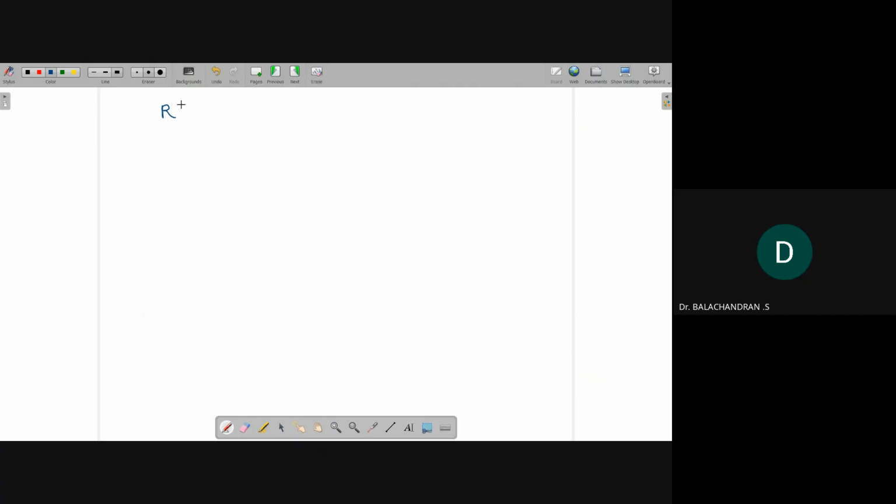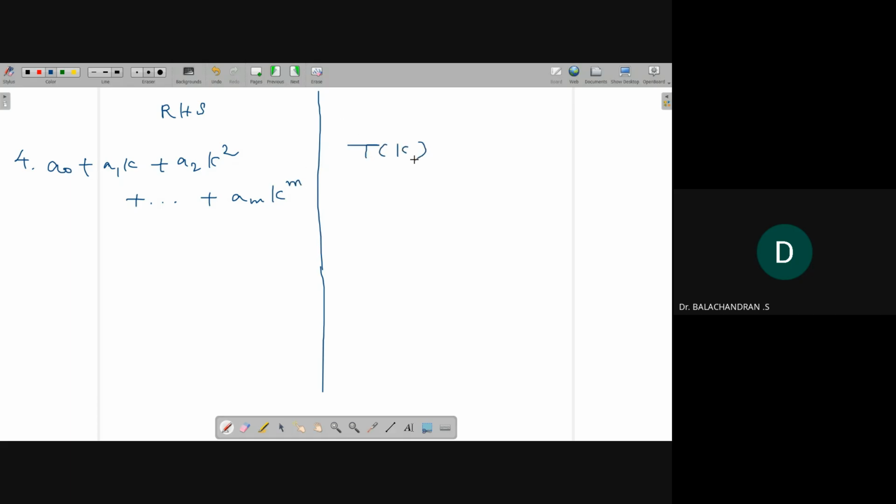So the RHS is a naught plus a1k plus a2k square plus dot dot dot plus am k power m. Then to take t of k or s of k, depending upon the problem,